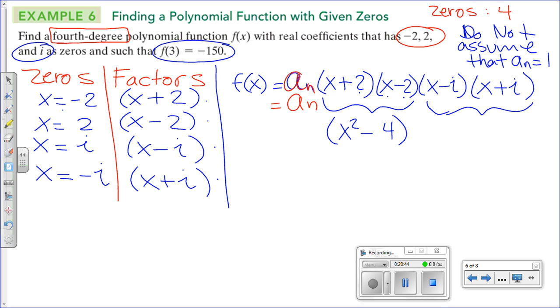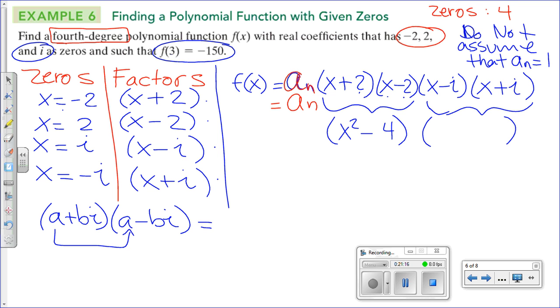Now for this one, we're multiplying two binomials, and we know that we have complex conjugates, positive i and negative i. I don't know if you guys remember a little shortcut that we used to use back in section 2.1. That was a plus bi times a minus bi. If you're multiplying two complex conjugates, the solution is you square this term, a times a,